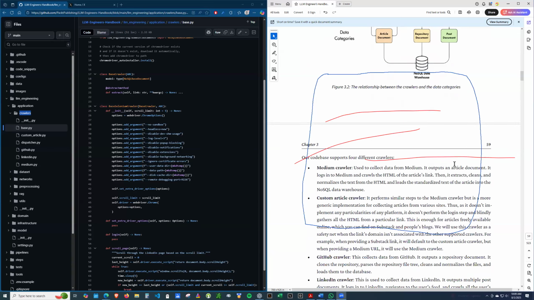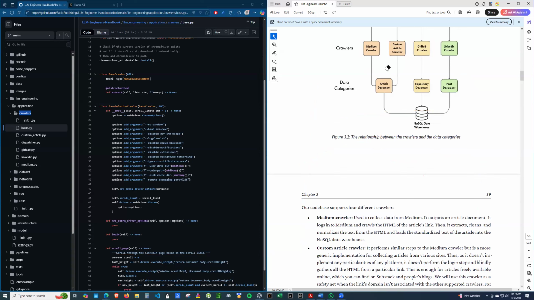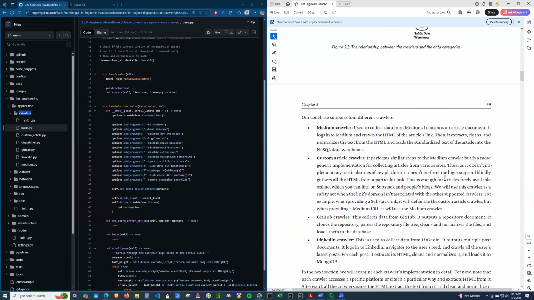And what I want to, hold on, clear my annotations. So